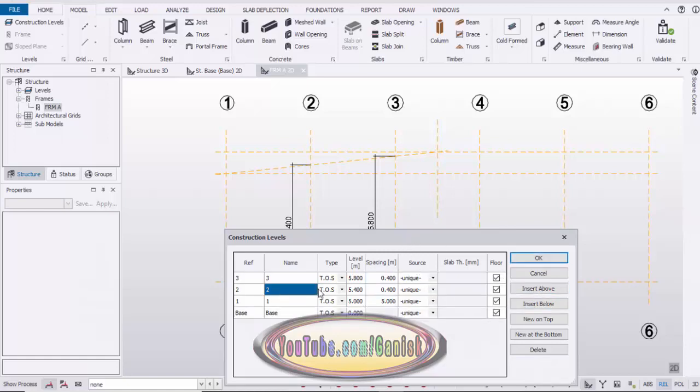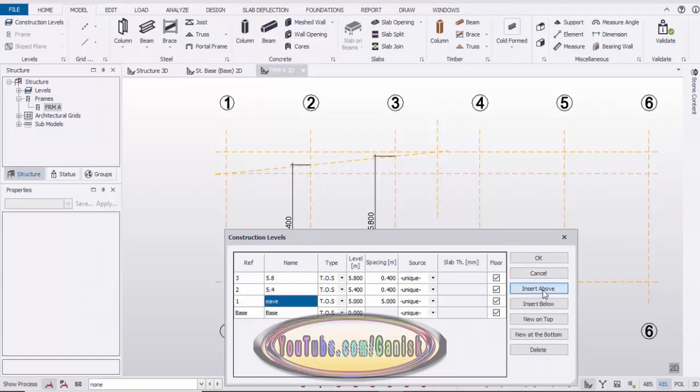Now let's take 5.4 as a reference, just rename it as 5.4, and the second level should be 0.4 and it should be 5.8 here. So just rename it as 5.8. We already know this 5 meter is the eave level, so rename it as eave level.